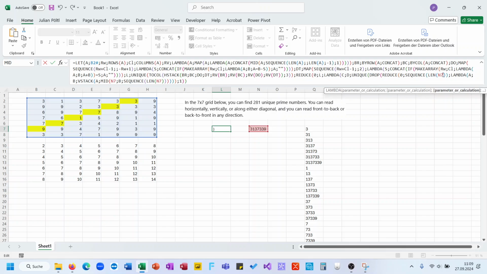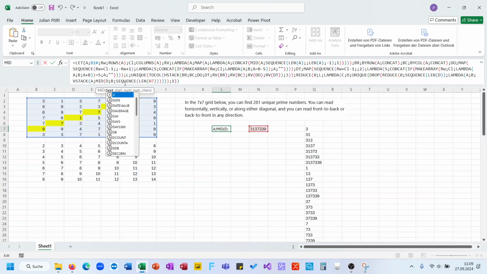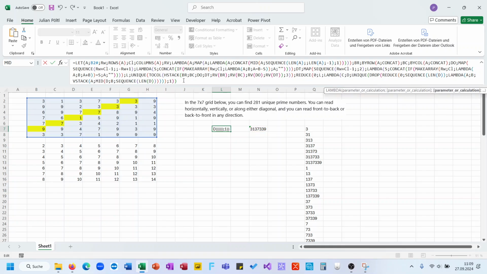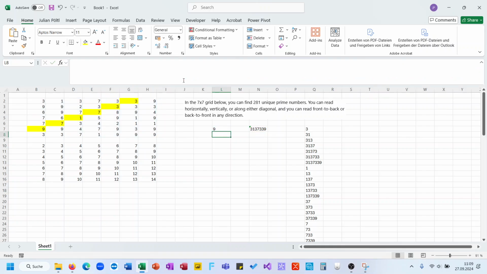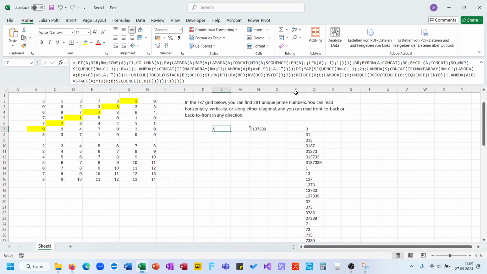Unique drop here, this should be the number, so this should be L, not L, D. This should be also D, this also. Close all the brackets, and you will now see I get a single number